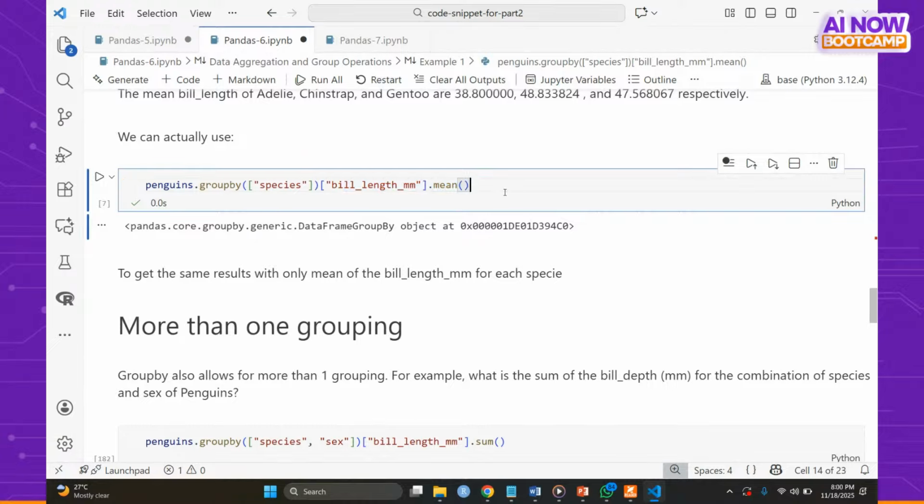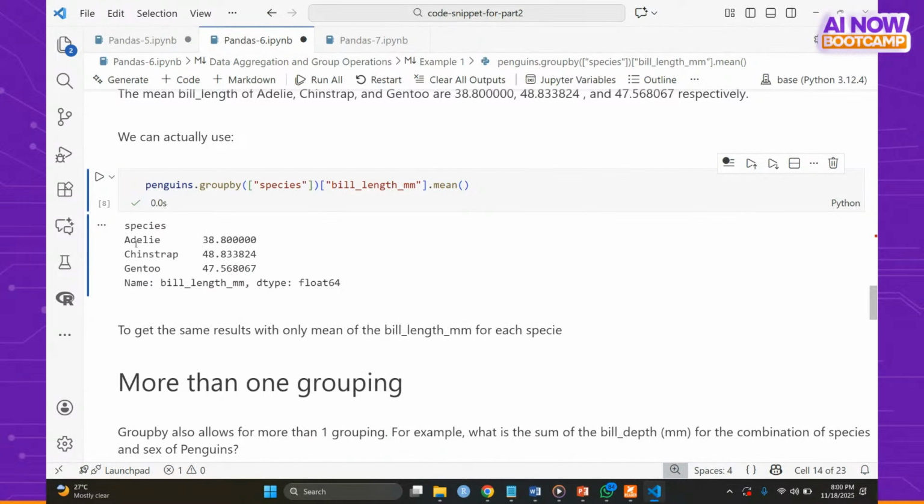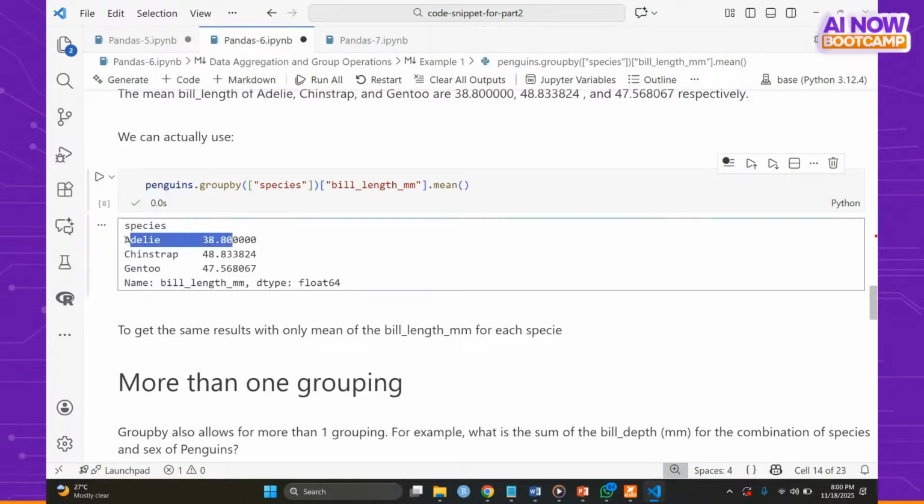So if I run this now, we see that here we have the result. To interpret this, it means that the average bill length for Adelie species is 38.8. The average length for chinstrap is 48, and the average bill length for Gentoo is 47.5. What is this telling us? This is telling us that in the data, for the penguins, you will always see chinstrap having higher bill length than other species,